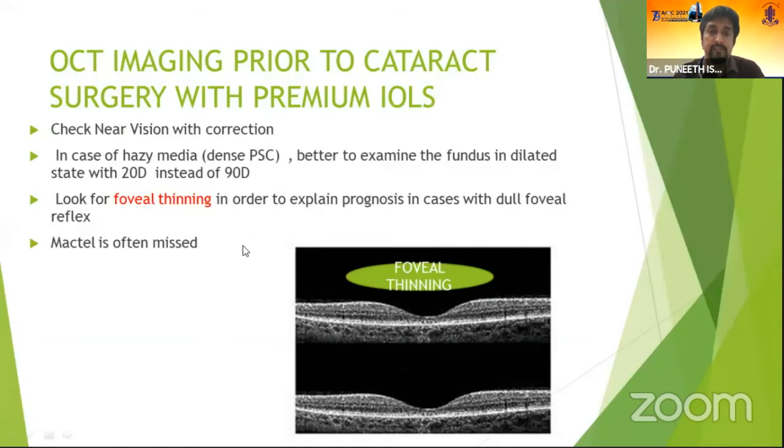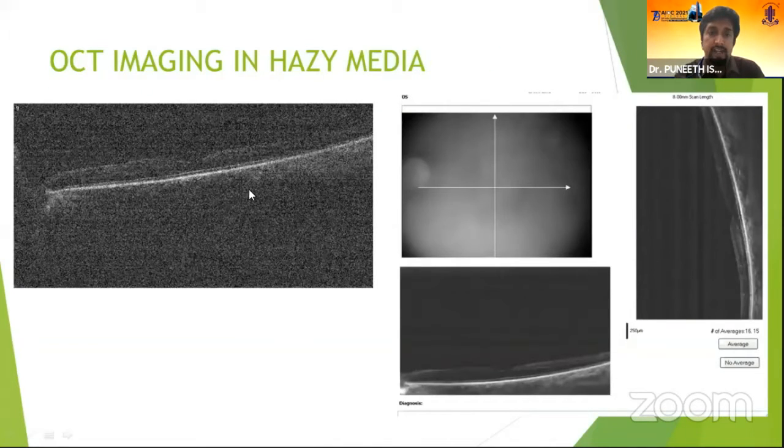If you're planning for a multifocal IOL or other high-end premium IOLs, it's always better to do an OCT preoperatively, because you may miss foveal thinning. If you see foveal thinning, you can counsel the patient for other normal IOLs, or give them a guarded visual prognosis. In case there's a posterior subcapsular cataract, you will get a raster scan like this. In such cases, it's better to do a line scan of a single cross section so that you get better resolution to identify if there's any pathology.